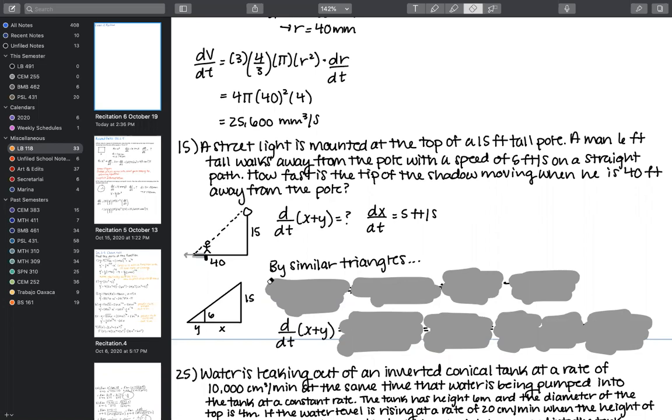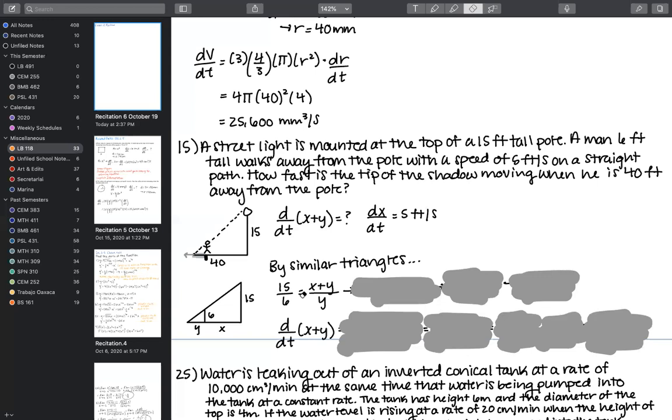And so we're going to do this by similar triangles. In the numerator here, we get 15 over 6 is equal to X plus Y over Y. So the larger one is equal to the larger one. In the denominator, 6 and Y. So we're talking about the whole triangle and then the little triangle. The reason these are similar triangles is because they share the same angles. And so that's how we're able to make this assertion here. We know they share this angle because it's the exact same angle. We know that these are both 90 degrees. And so then we can infer that these angles are also the same. So they're proportional triangles, which is how we're able to make this statement here, that they are proportional, that they are equal.